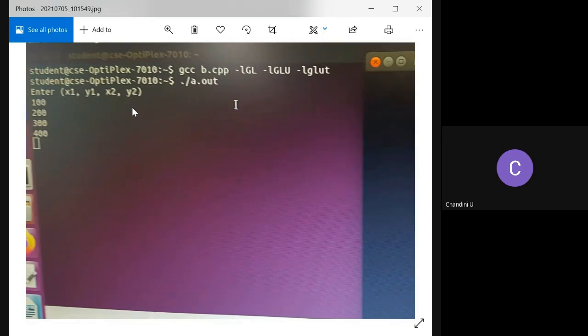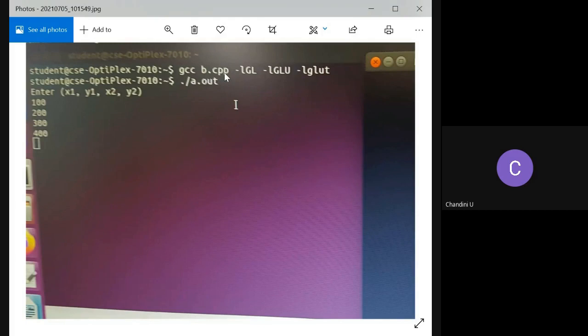So the remaining thing is, whatever program I showed, you have to have that in your notepad. In Ubuntu, if you're executing, you just type gedit and filename.cpp. You can type the program over there and then open the command prompt and give the command gcc space your filename.cpp, and then you have to link all the libraries, right? For the OpenGL library, you have GL, GLU and glut. The only thing you have to be careful about is the case sensitive nature of these commands.